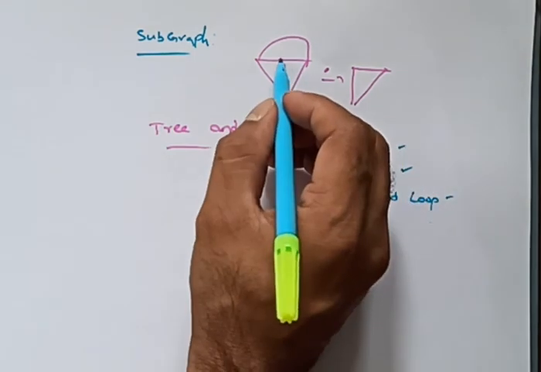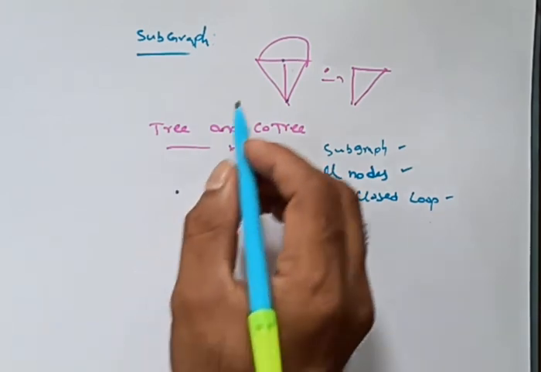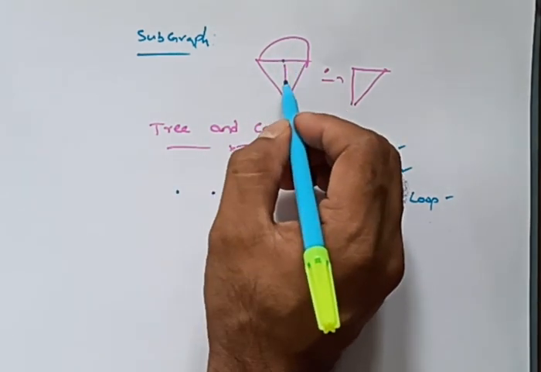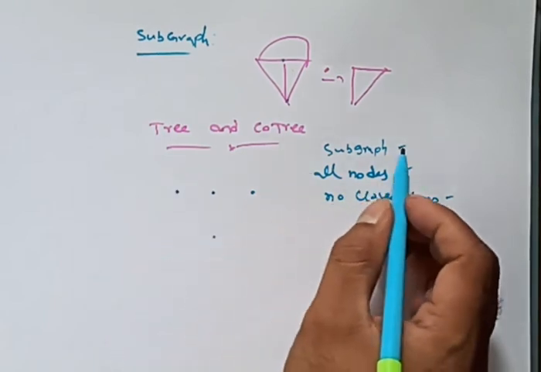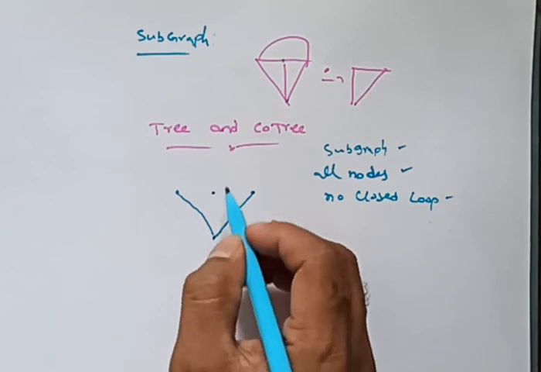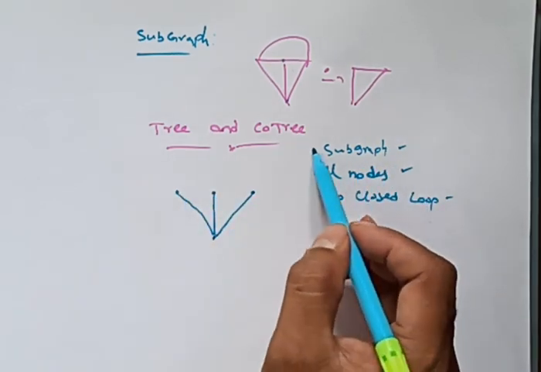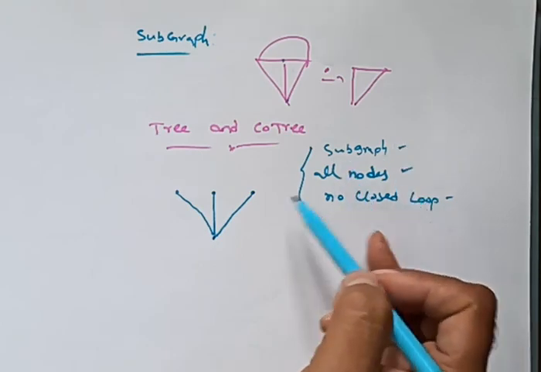So for example, for this graph, let us assume having 4 nodes, 1, 2, 3, 4, 5, 6 branches. If you want to draw the tree for the given graph, we have to take care about these 3 things. First one, it should be subgraph of the original